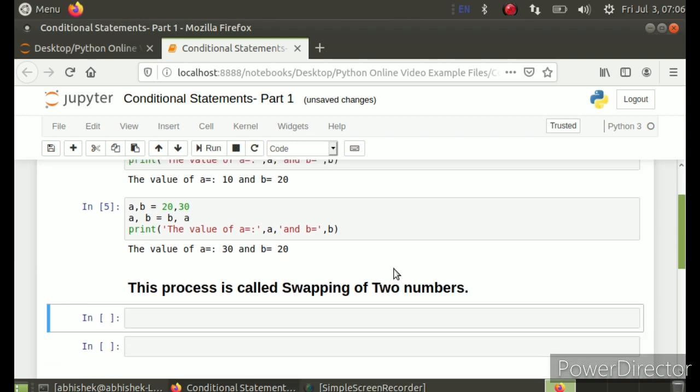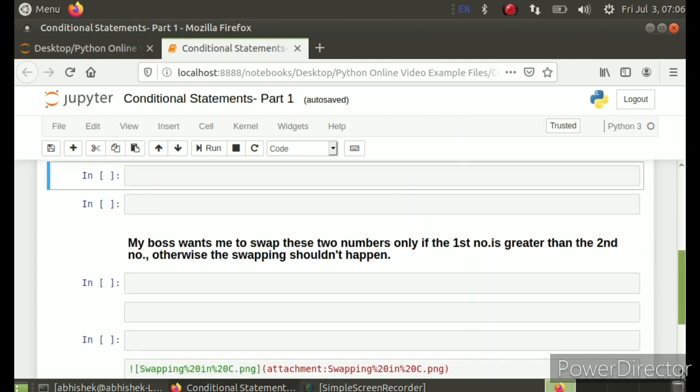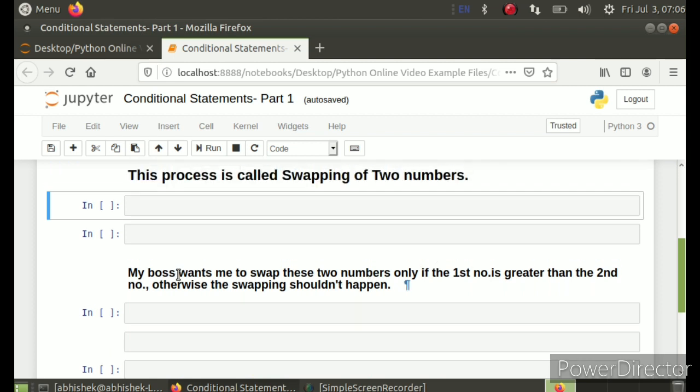What is the use of conditional statements here? By conditional we mean I have to perform this thing under certain circumstances. So my boss wants me to swap these two numbers only. Now here comes the condition. If the first number is greater than the second number, otherwise, another condition, the swapping shouldn't happen.